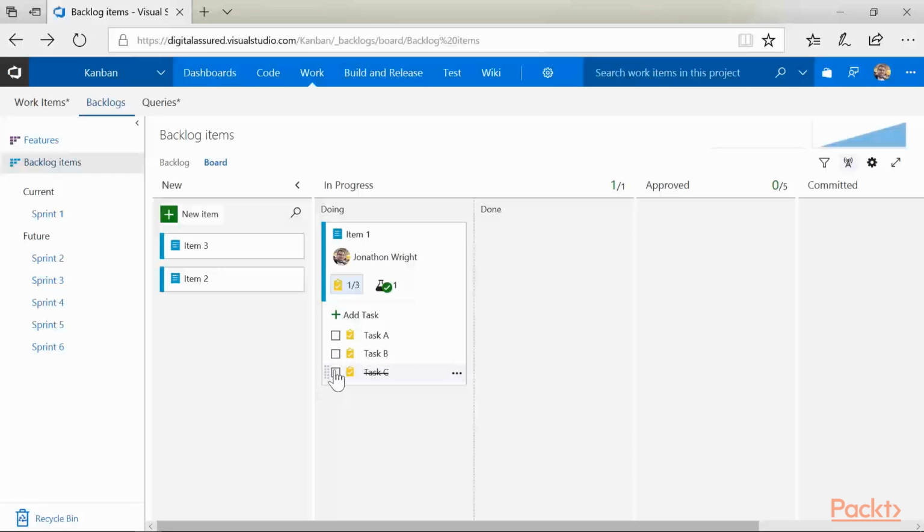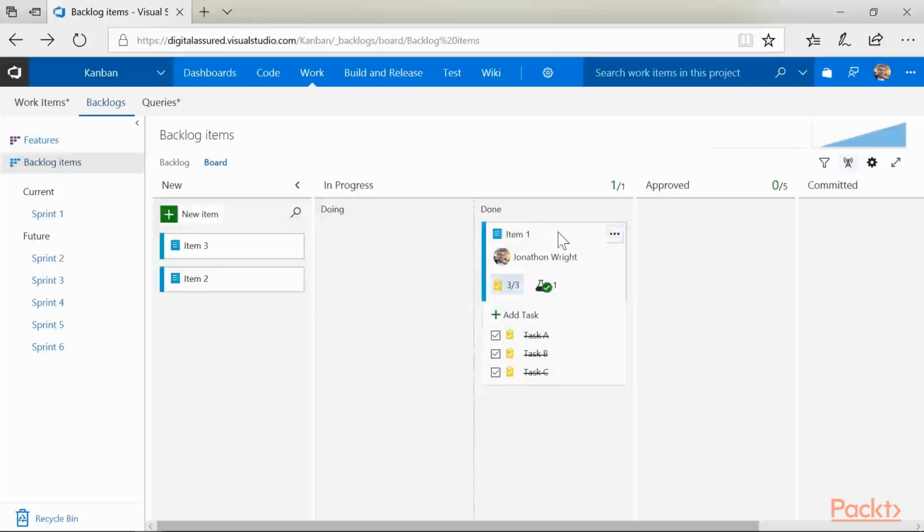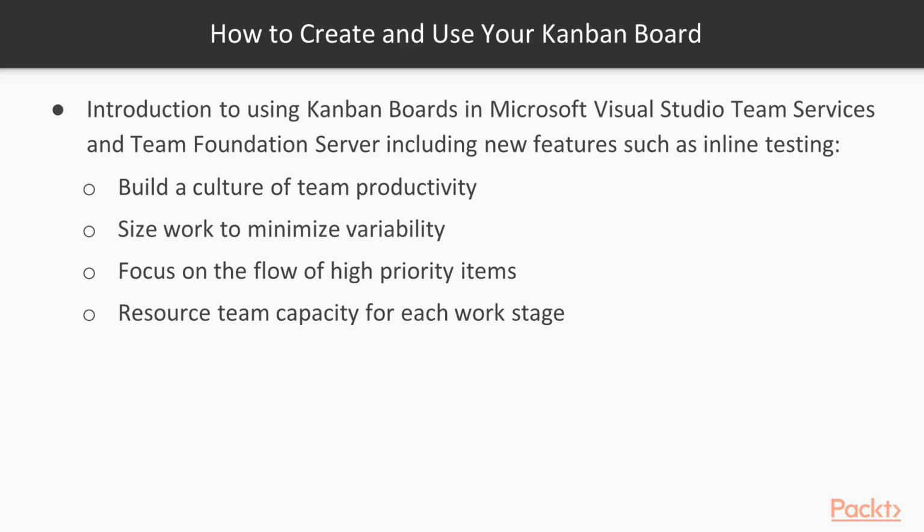I can also tick off the tasks. And as you can see, it's updating as we go along. And then once we've completed all tasks, I can then move it to done, which will also force it to move across. In that simple example, we looked at how you can create a Kanban board, create items, move them across and visualize them,